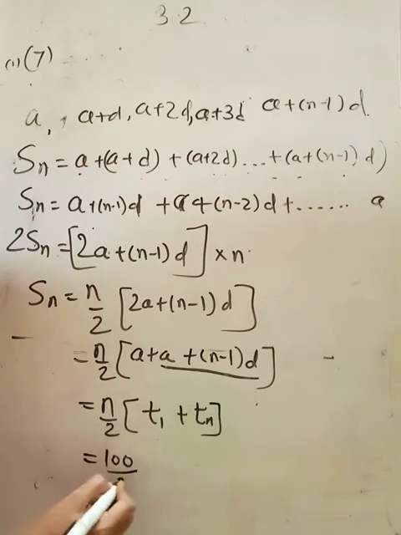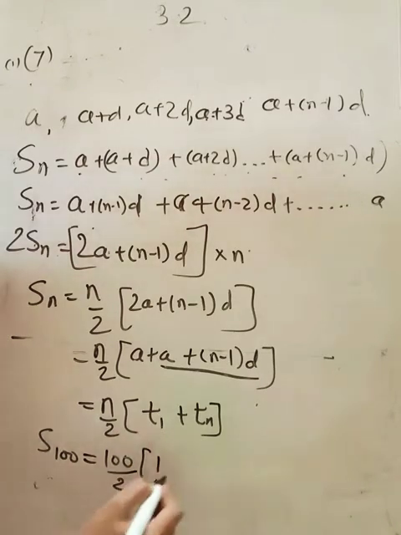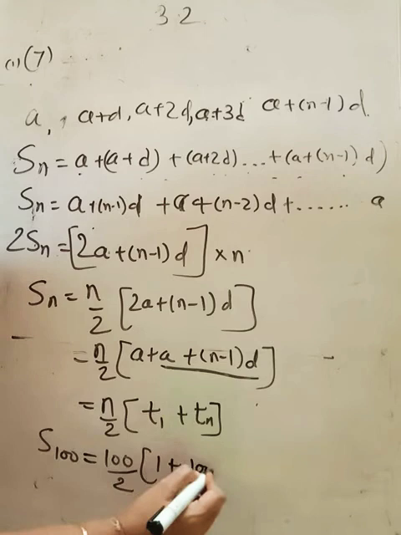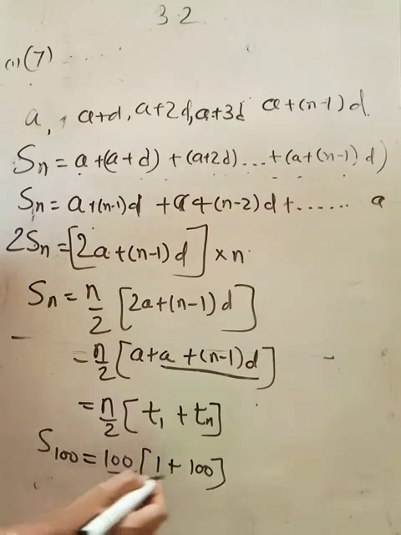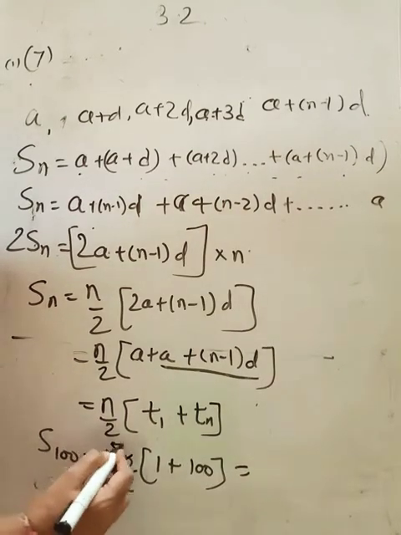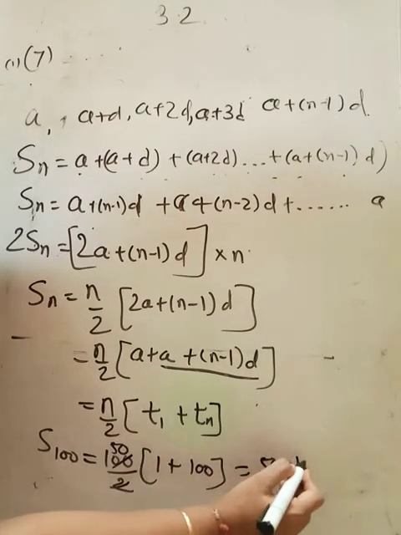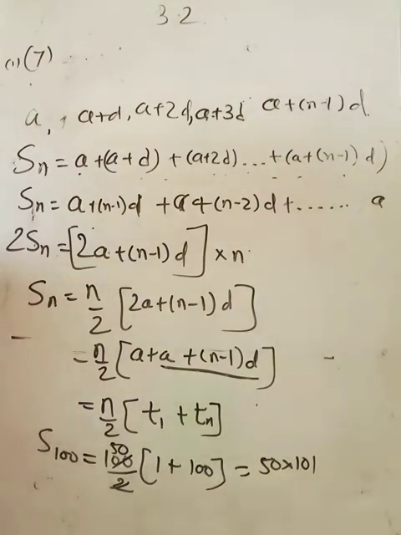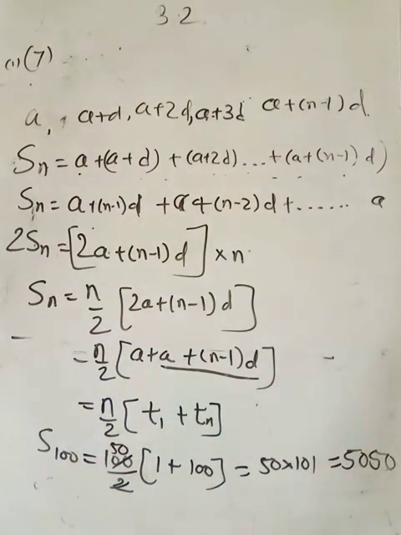So it is 100 upon 2. As 100 we are searching ना. What is the first term? 1. What is the last term? 100 थी ना. 1 से लेके 100 को add करने को बोला था ना. Yes miss, 1 plus 100. Yeah. So 100 divided by 2 is 50. So 50 multiplied by 1 plus 100, 101. So what is 101 multiplied by 50? 5050, correct? So we got it. So don't forget Carl Gauss and you will be able to get your answer.